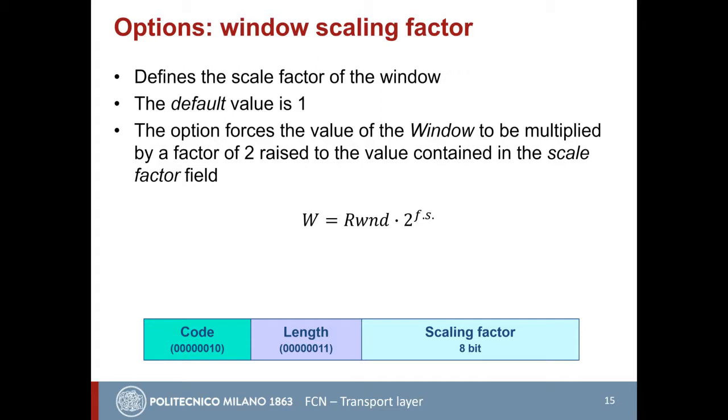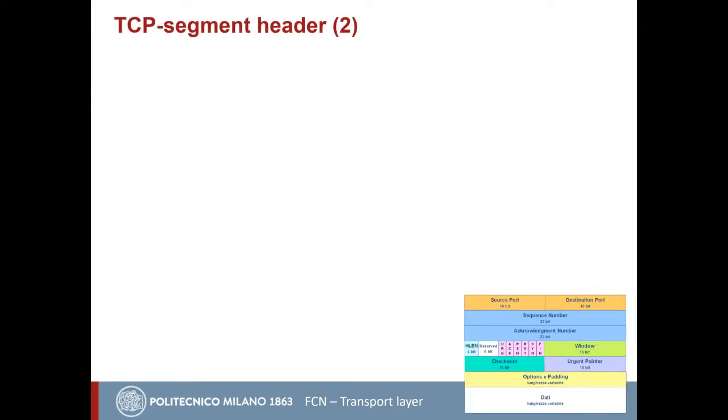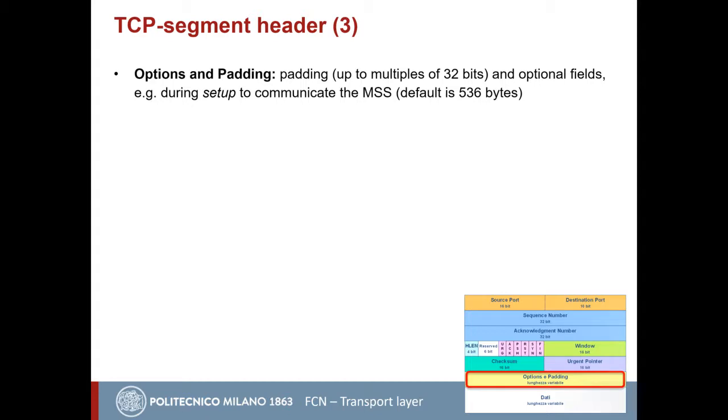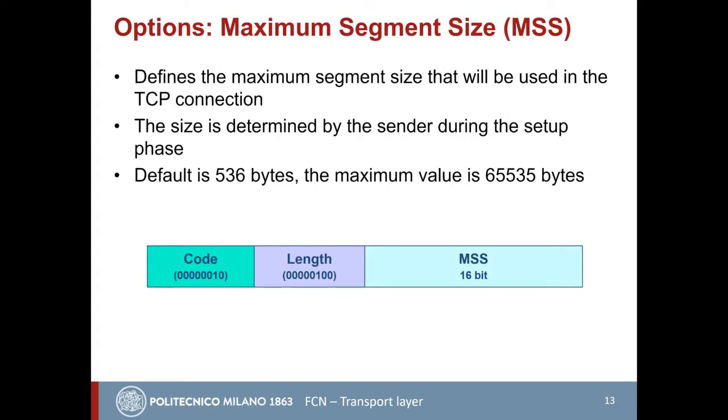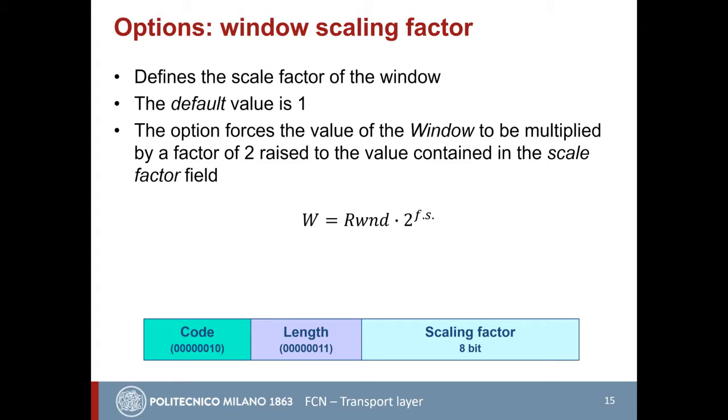The window parameter that is sent to the sender from the receiver, as we have seen in the previous slide, is that field here that is only 16 bits long. But if we want to make the window wider than this limit, we can use this window scaling factor. The default value is 1, so when it is not used,